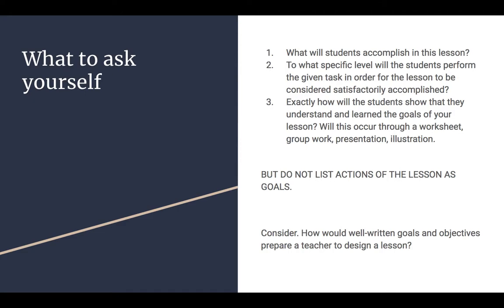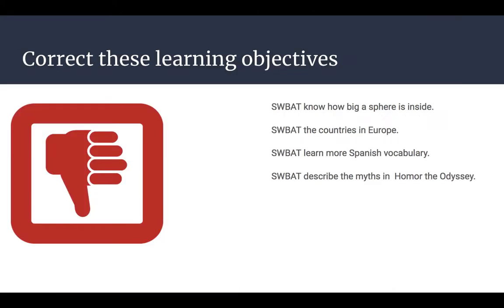You have to think about how it's creating a roadmap. It's actually like I give you a map of the city and I show you where I want the students to end up. That's what a well-written goal and objective would be. I'm going to use the well-written goals and objectives to navigate to get to where I want to get. So I want to get to this specific house in this specific neighborhood. The goal is my end destination. I have the map, and the objectives help me to route out my plan to get to that place. So we want to think about learning objectives and how they can be written.